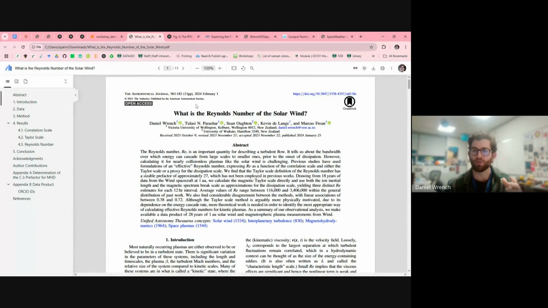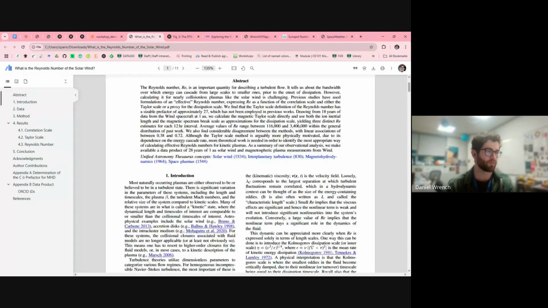So for example, there's this wind that comes from the sun called the solar wind, the stream of charged particles. There's various things we want to understand about how that flow becomes turbulent as it flows out through the solar system around the planets and eventually meets the interstellar medium. So one question is, what is the Reynolds number of that flow? You may be familiar with it. In some way it quantifies how turbulent a flow is.